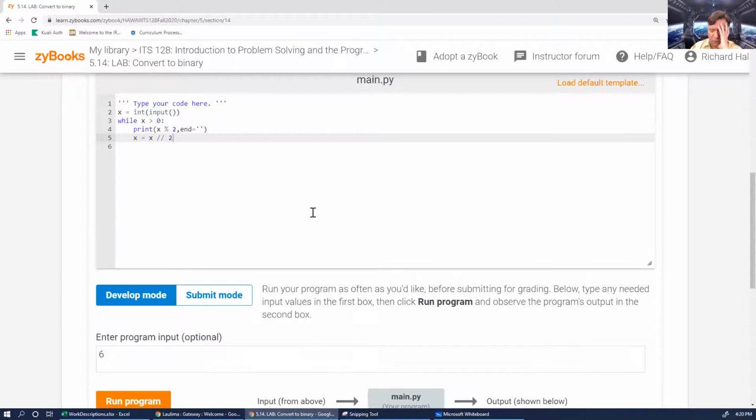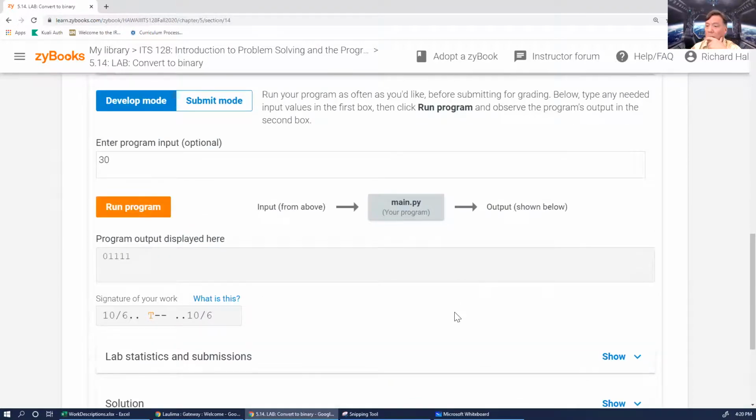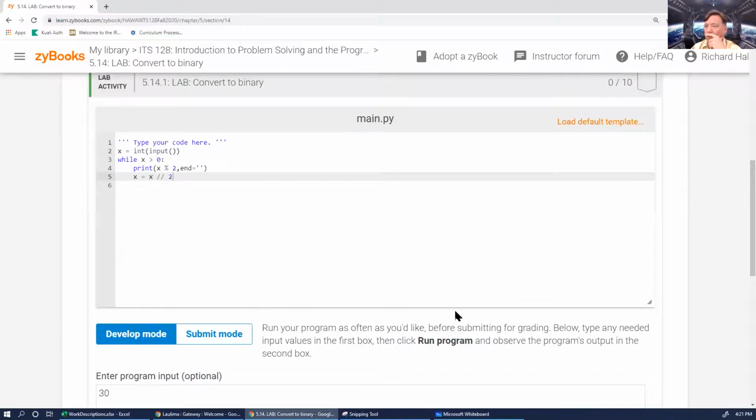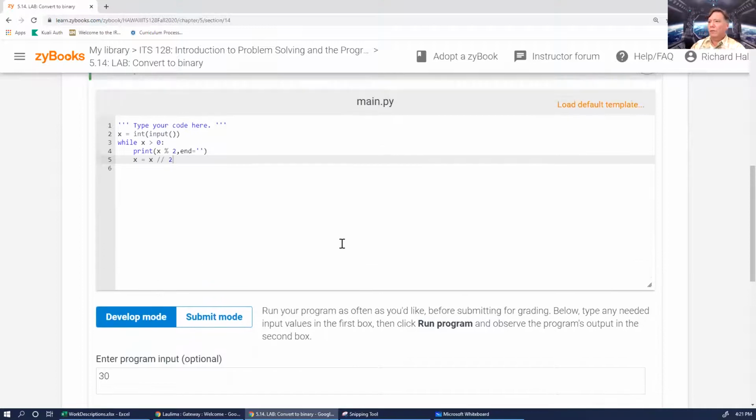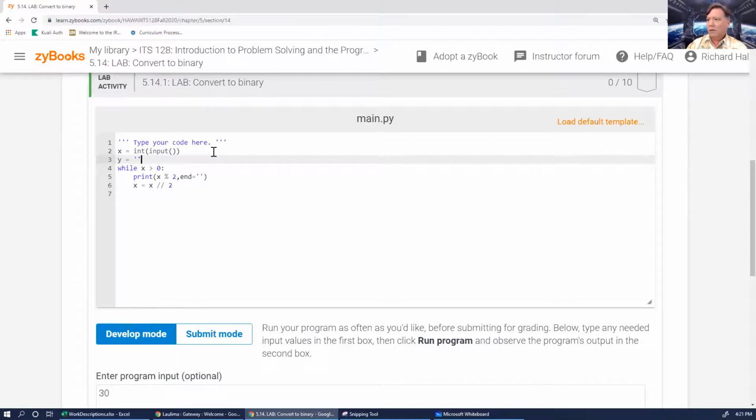20, 32 is 1 0 0 0 0 0. No, 31 is 1 1 1 1 1. So 30 must be 1 1 1 1 0. You could do something like this, and it would actually print out correctly. I'm going to say y equals, and I'll leave that there, but I'm going to say y equals,